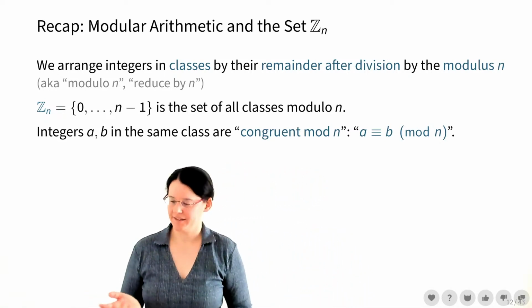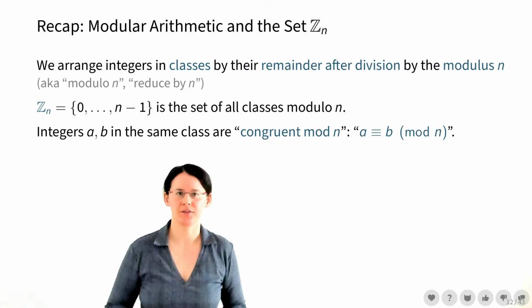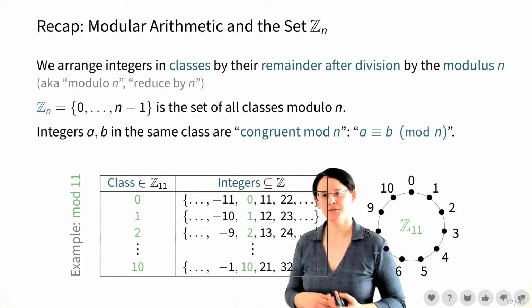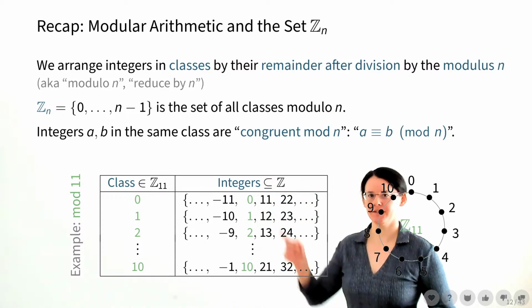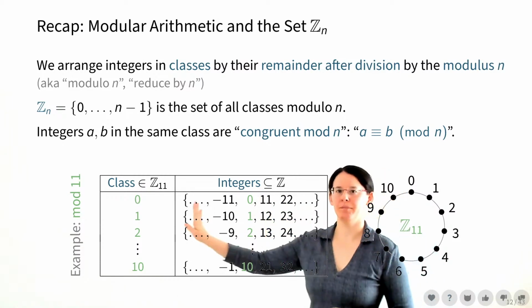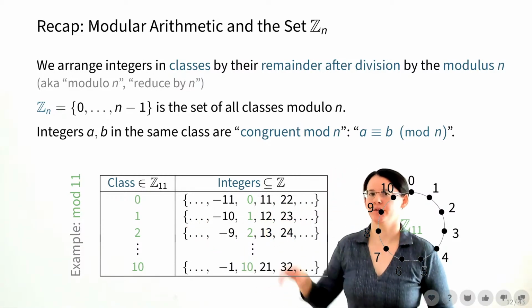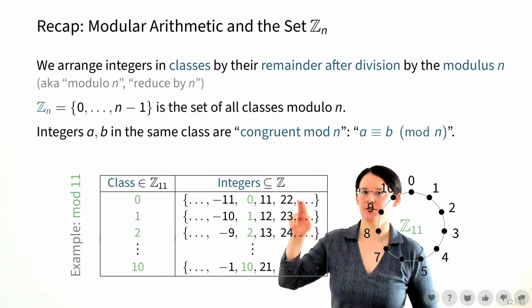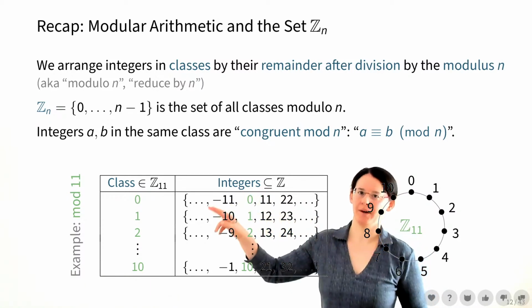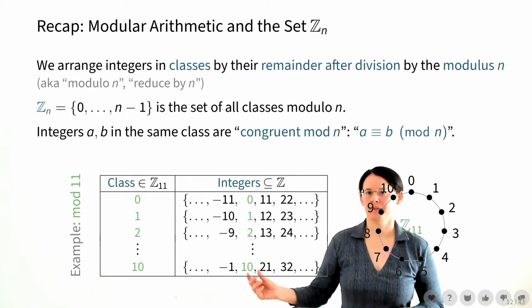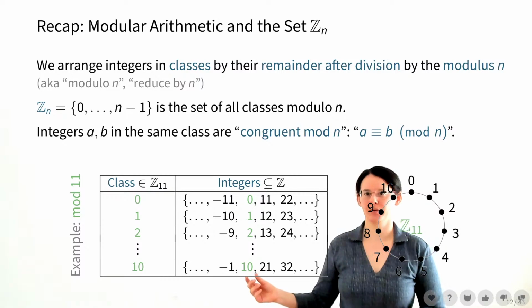Okay, so let's have a look at a number example that we're going to use on the next slides, and that's computing modulo 11. So modulo 11, we have 11 classes, 0 to 10, and all other integers can be mapped into one of these classes. So for example, the class 0 also contains 11, 22, 33, and so on, but also minus 11, minus 22, and so on. And similarly, the class 10, for example, also includes,